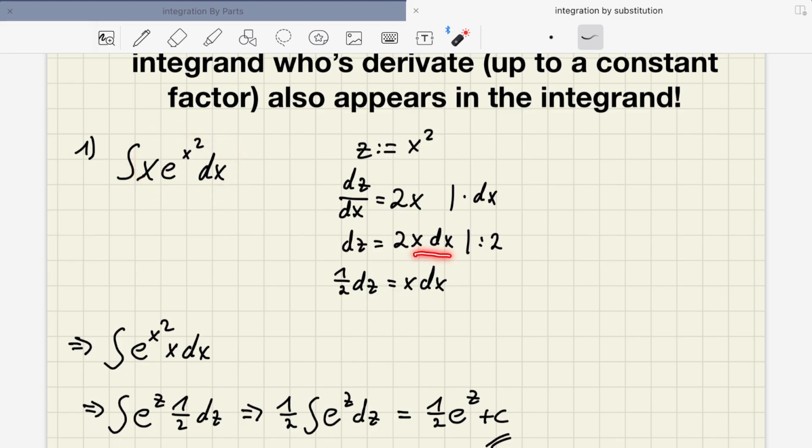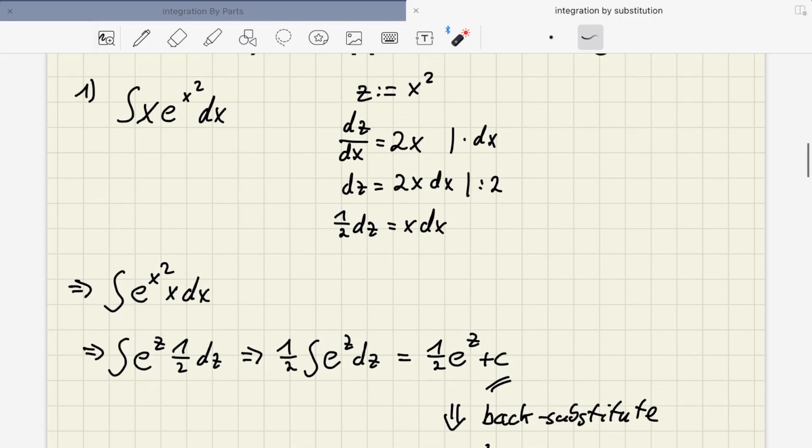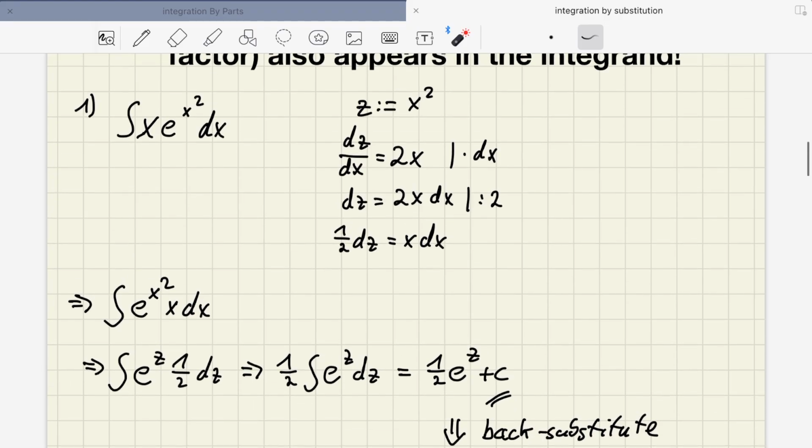So we have x times dx, we have x times dx, so we divide by 2, so we have 1.5 dz is equal to x times dx, and that's exactly what we substitute. So we have, first of all, the substitution of x to the power of 2, which in this step is z, e to the power of z, and then we substitute